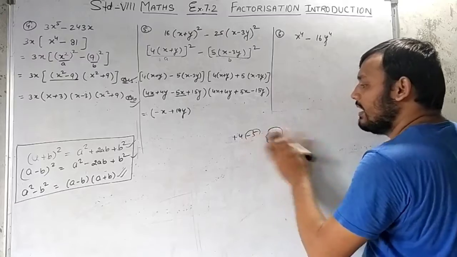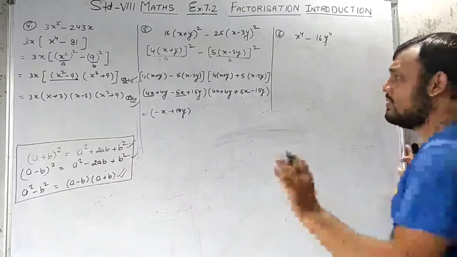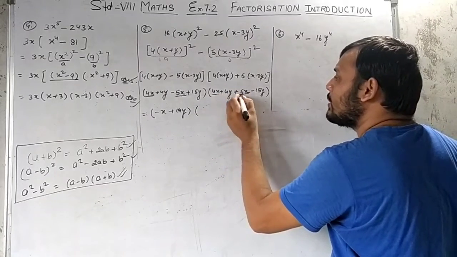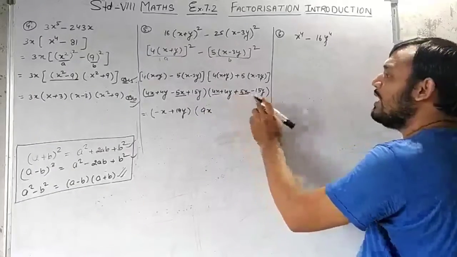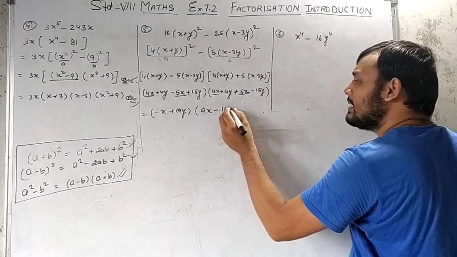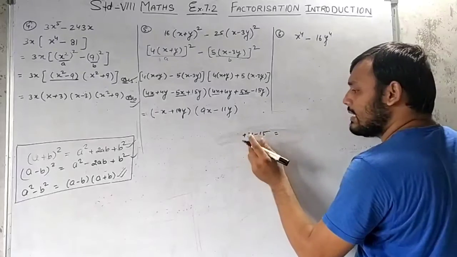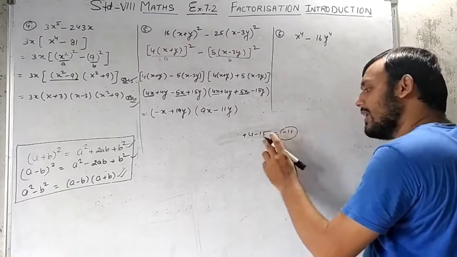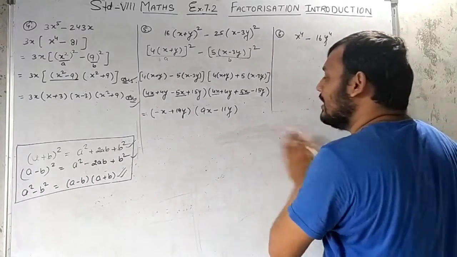Minus 1x, so minus 1x or x, both are the same. Now here 4x plus 5x, it will be 9x, and afterwards this 4y minus 15. So 4 minus 15 will be what? Minus 11y. 4 minus 15, again plus sign, plus minus minus, 15 minus 4 is 11, and the sign will be of the greater number, that is 15, and it's negative, so minus 11y. So this is your answer.